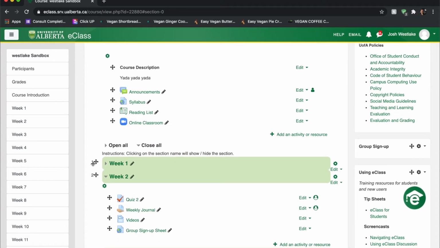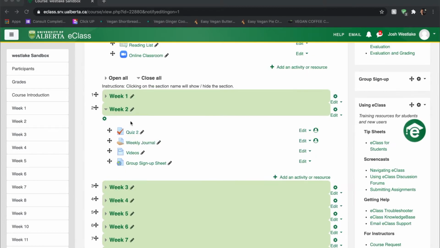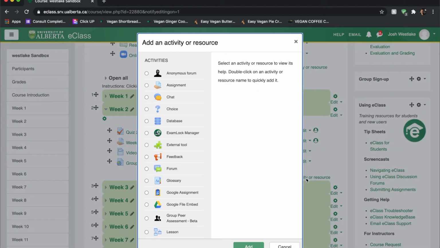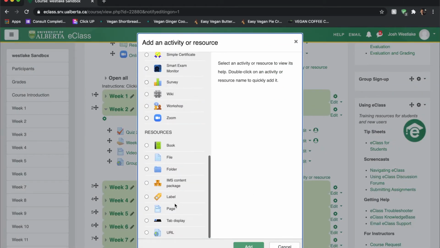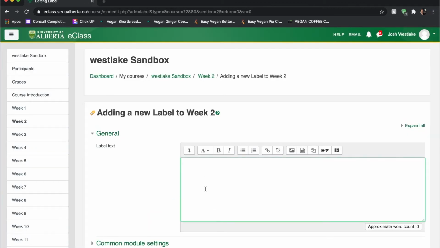The other nice thing about using labels is it allows you to break up items within a section. So this week 2 section here, say that these 2 items here had to be done by Tuesday and these 2 items here had to be finished by Thursday. So I'm going to go over to Add an Activity or Resource, click on Label. And we're going to add one in for Tuesday.